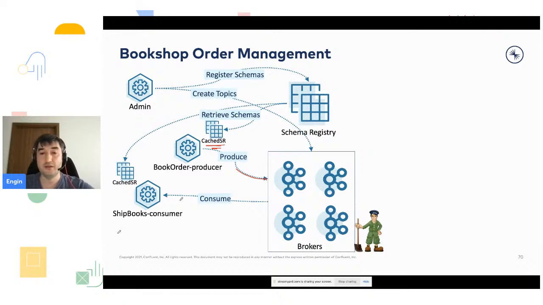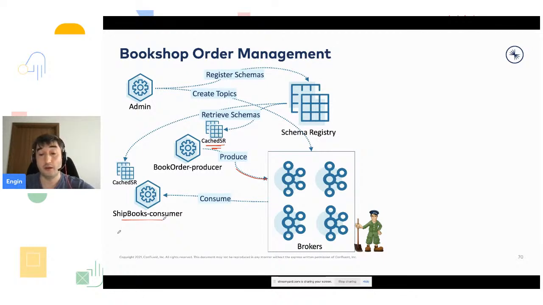When it deserializes the data, it knows that now, okay, we have the string, we have the integer, then I can do some calculation. Or maybe I want to add additional data, like the estimated shipping time for that particular address. Actually, this is pretty important because if you know when your shipping will be there, your customer satisfaction will be better. So this shipping books consumer will consume the data, but afterwards, after processing some of the data and making